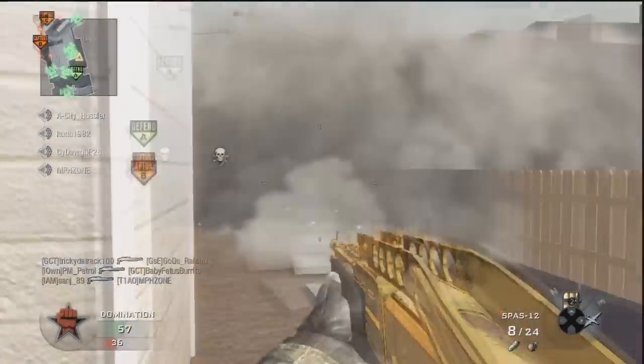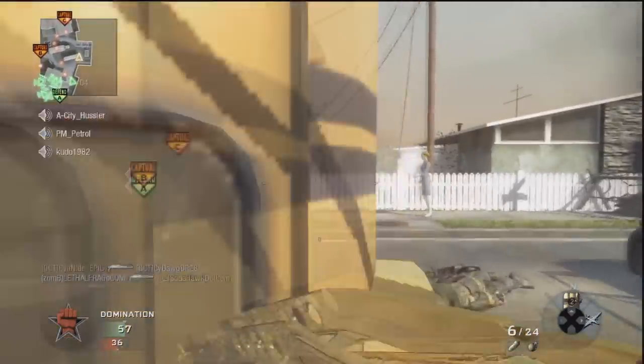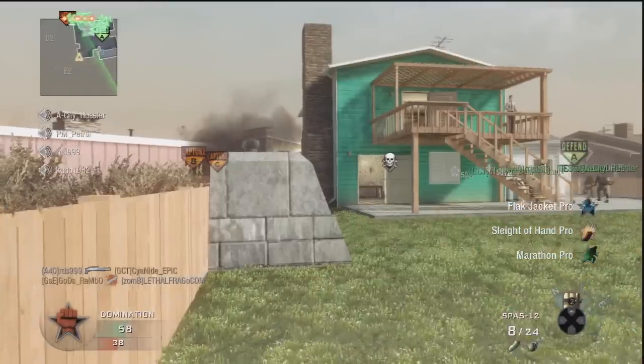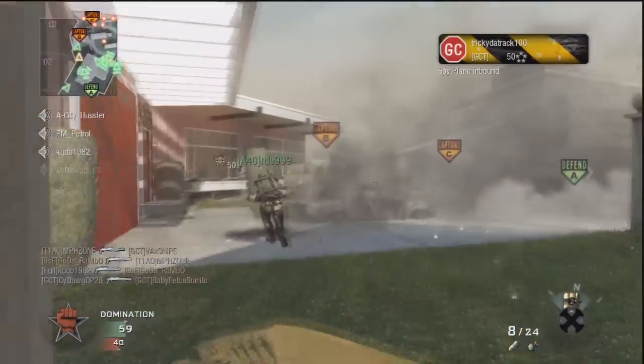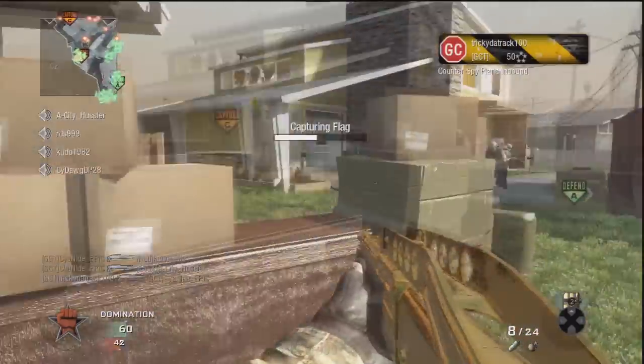Whether you run and gun, or you camp, or you snipe, understanding the line of sight and what you can see from any given point on the map and where you can be seen from is the biggest thing. And that's what a lot of people that just run and gun really miss out on,